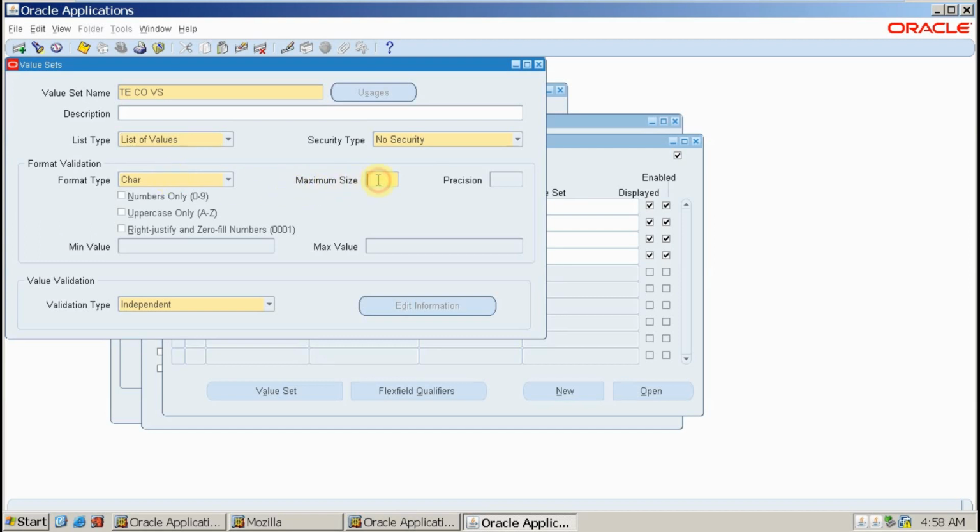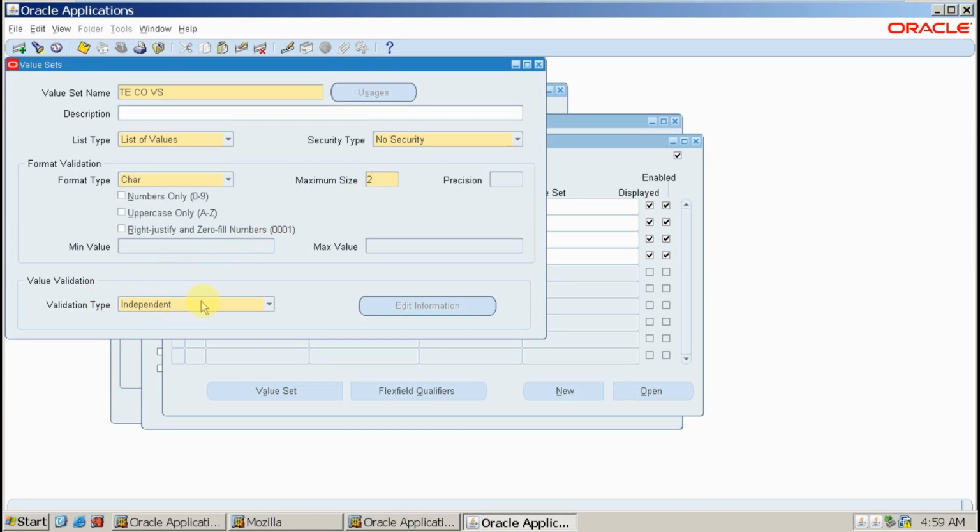So maximum size means if you want to enter the company values around 99, then the size is 2. If you want to enter companies more than 100, the size will be 3. If the size is 2, then we can create 99. If the size is 3, we can create 999. If the size is 4, we can create the values 9999. So at present, it depends on how many companies we have. I may not have more than 90 companies, maybe in future also, so I'm taking here 2. Remember, we can increase the maximum size in future, but we cannot decrease the size.